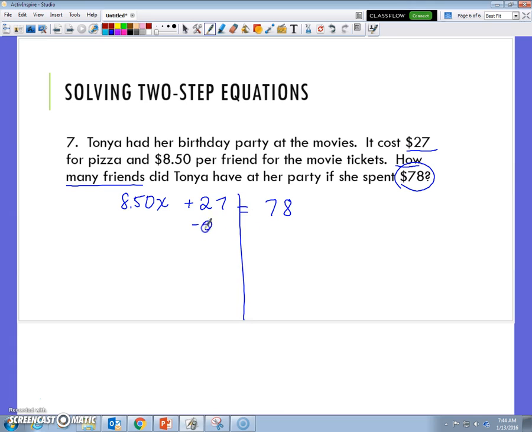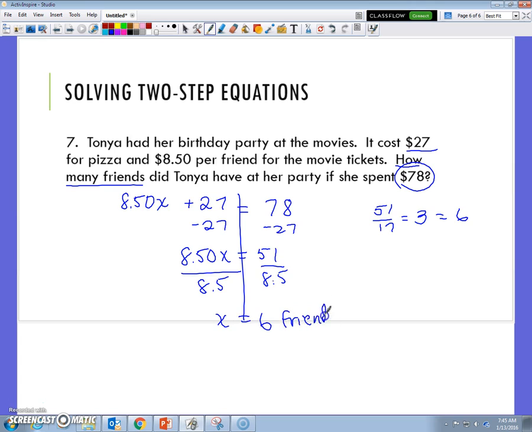When I solve it, since we've done so many and we're running out of time, I'm going to go ahead and move through it a little bit quicker than usual. 8.50x equals 51, and then I will divide both sides by 8.5. 51 divided by 8.5. Now, the strategy here, we talked about it a little bit in class, is to think, okay, well, I know that two 8.5s would be 17, and 51 divided by 17 would equal 3. So 51 divided by 8.5 would equal 6. So x equals 6